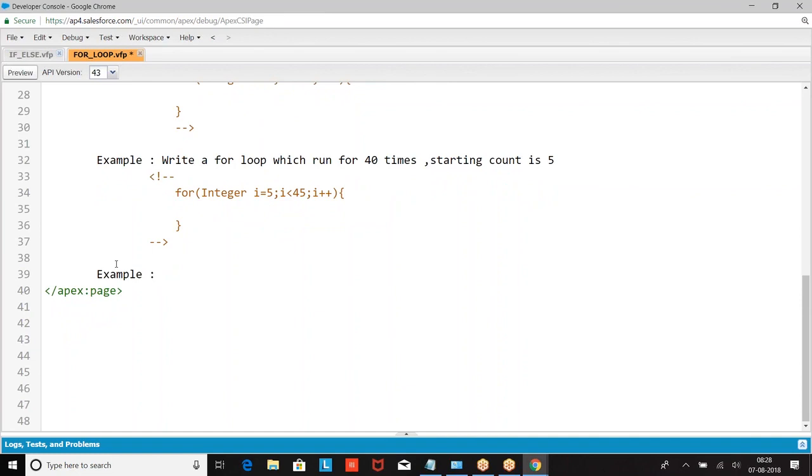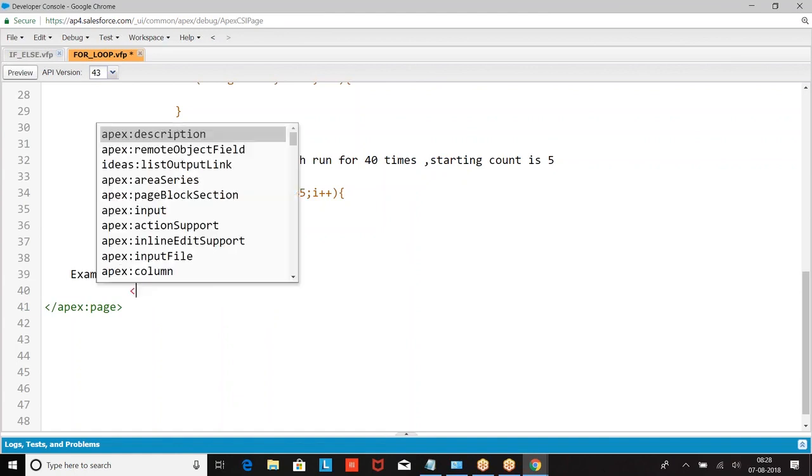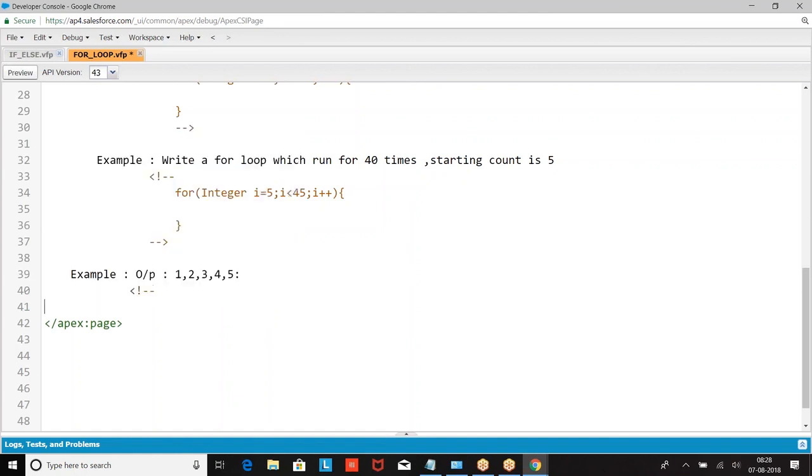I want the following output. How will you get this? For i is less than or equal to 5.